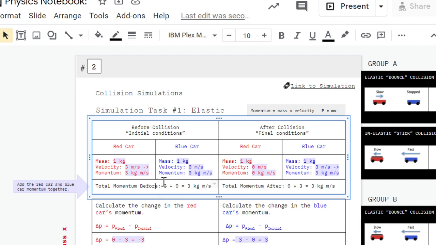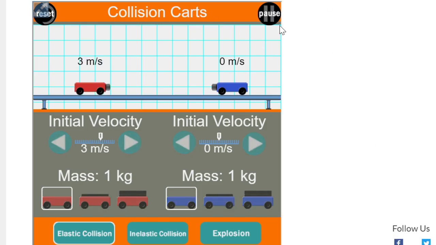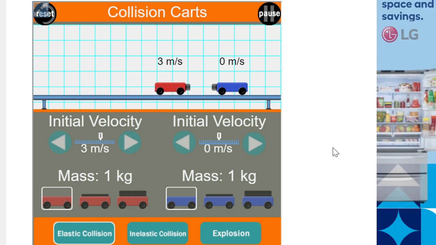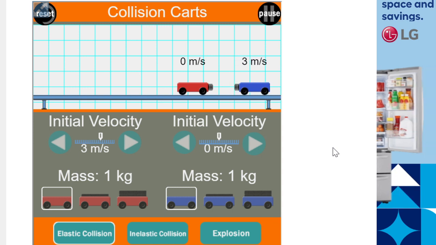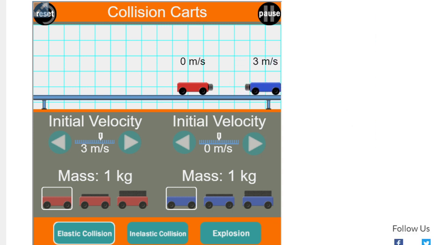The total momentum before the collision is just going to be 3 plus 0, or whatever your two momenta were, and then I get 3. So all of this section is done before you even run the simulation. Now I'll press start, and we wait until the collision occurs. There we go. Okay, so now I'm going to fill out my after collision